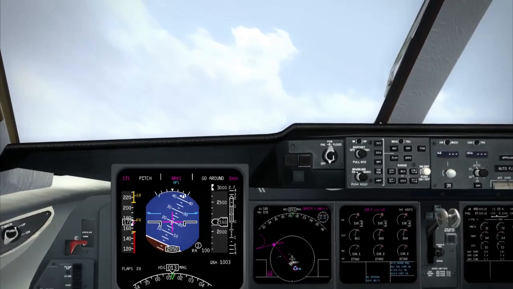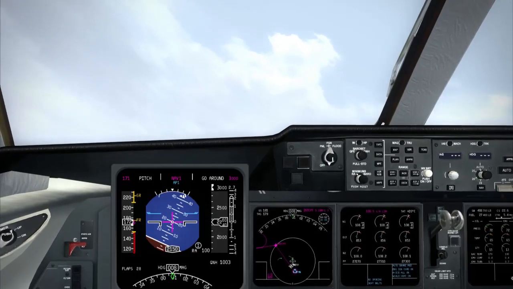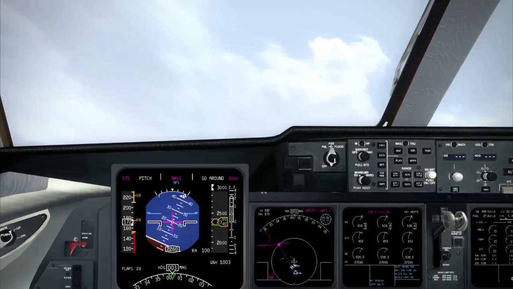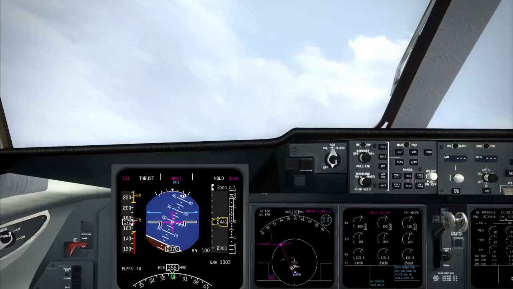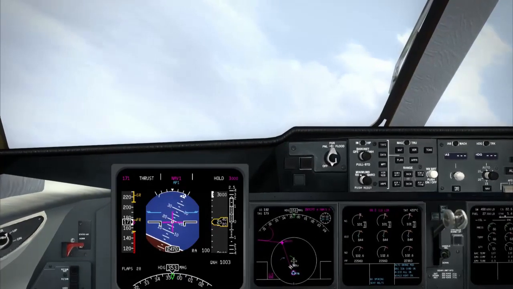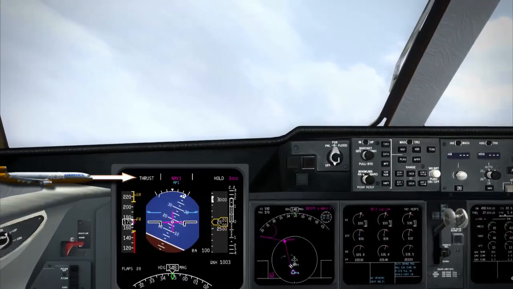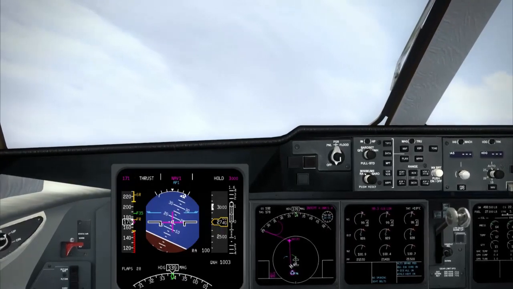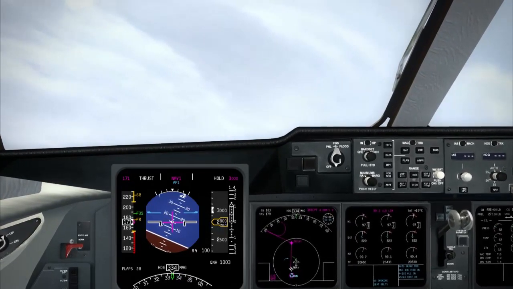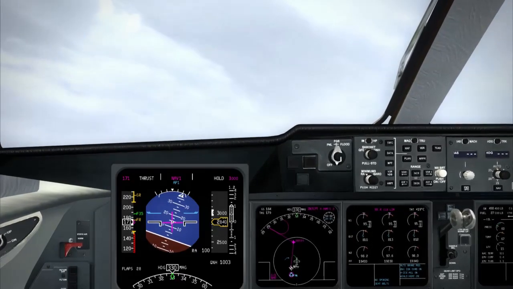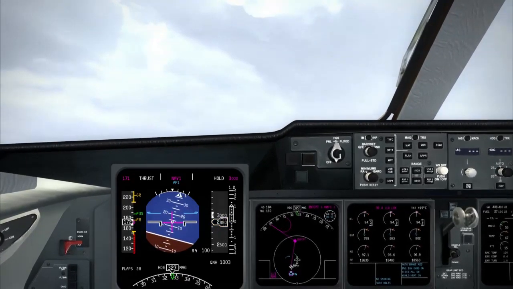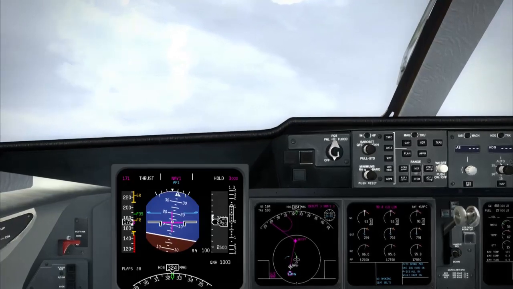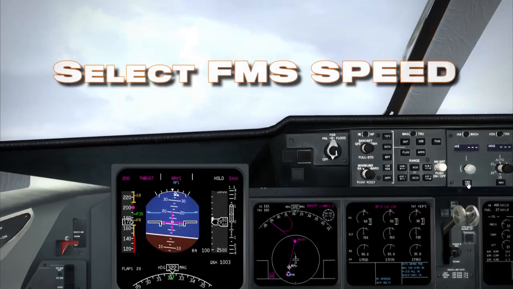So once the aircraft approaches the altitude we have set, pitch mode will switch to hold and speed mode will switch to thrust. So there they go. Note that the thrust is indicated in white. This is because it was effectively manually actuated through the selection of go-around mode. So once we reach the commanded altitude, the aircraft will want to accelerate. To allow it to do this, we will need to hand over speed control to the FMS, so select FMS